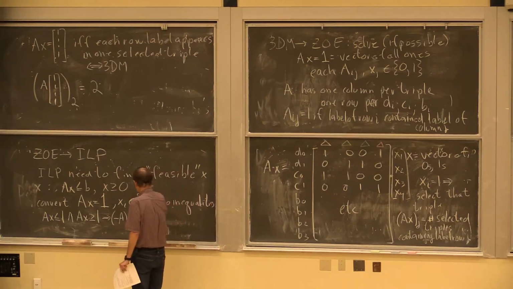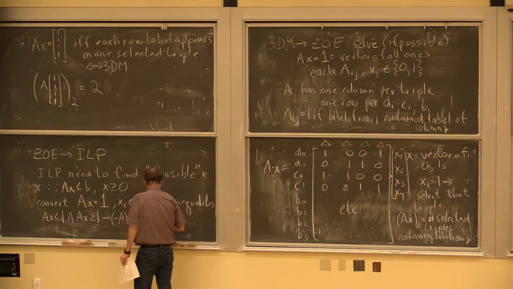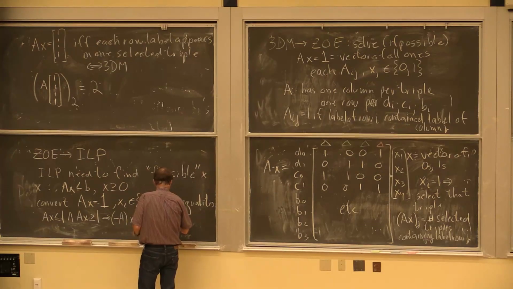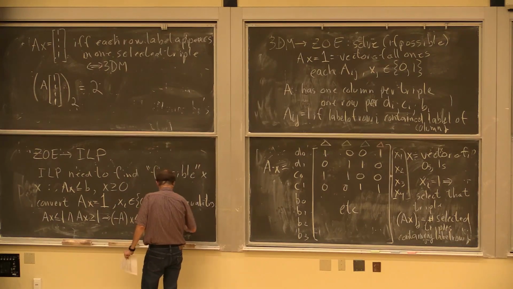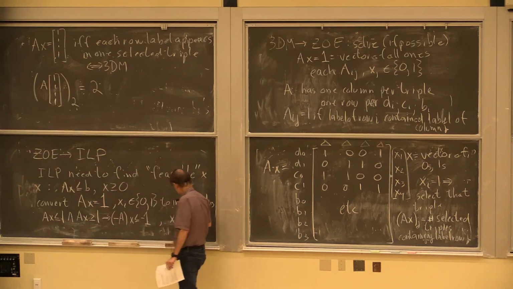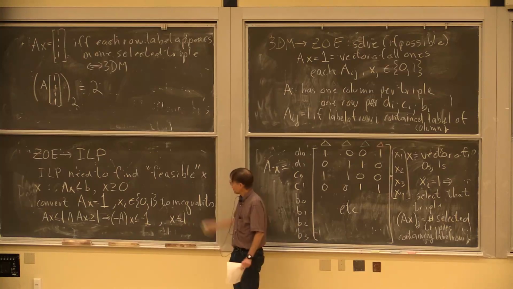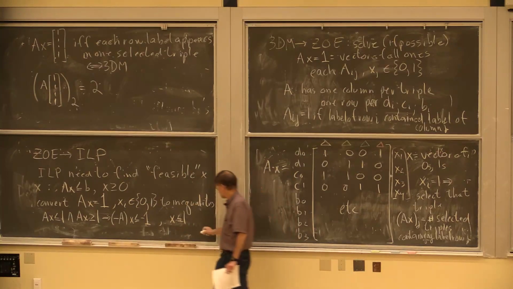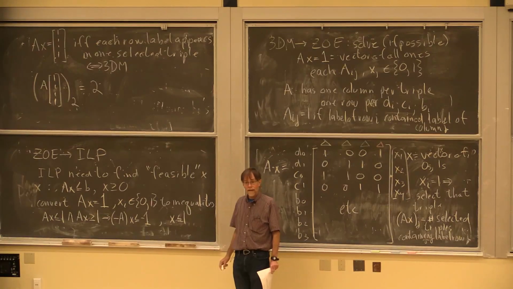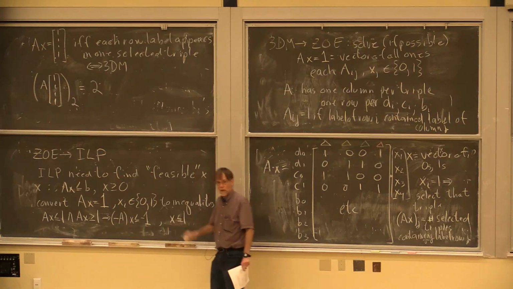And how do I guarantee that x is either 0 or 1? Well, I know it has to be at least 0. And so if I insist that x is less than or equal to 1, that's just adding more inequalities of this sort. That means it's greater than or equal to 0. It's less than or equal to 1. I have two possibilities, 0 and 1, because it's an integer linear program. Yes? Yeah, it's component-wise. Yes. This is shorthand for component by component inequality.